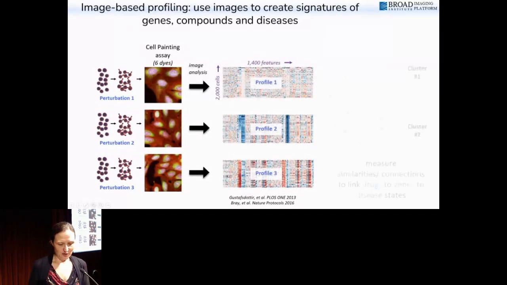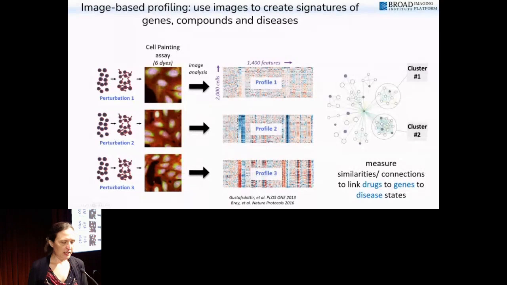In doing so, we can measure the similarities and the connections between whatever the perturbations were, whether they're drugs or genes or disease states. If you work on transcriptional profiling, I'm hoping this sounds incredibly familiar, because it's really the exact same concept as transcriptional profiling. It's just instead of having single cell mRNA data for every different sample, we now have morphological features for every cell in every sample. And I think the key difference is that a pharma company can easily run